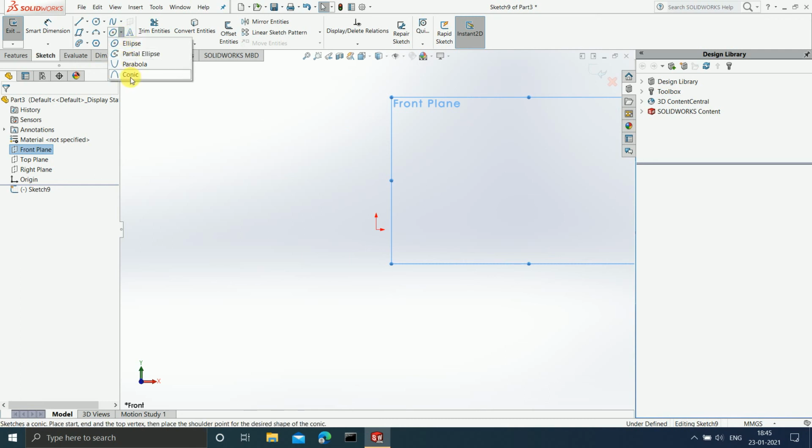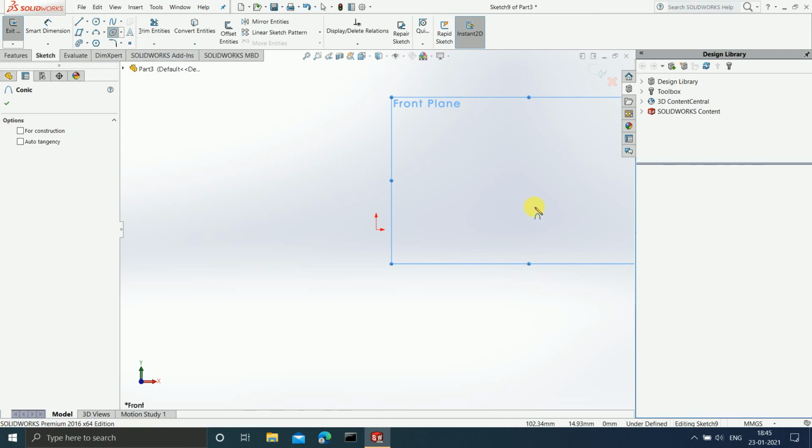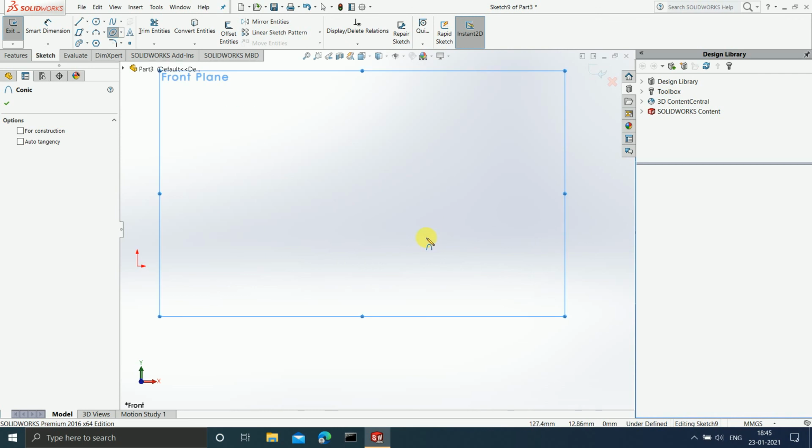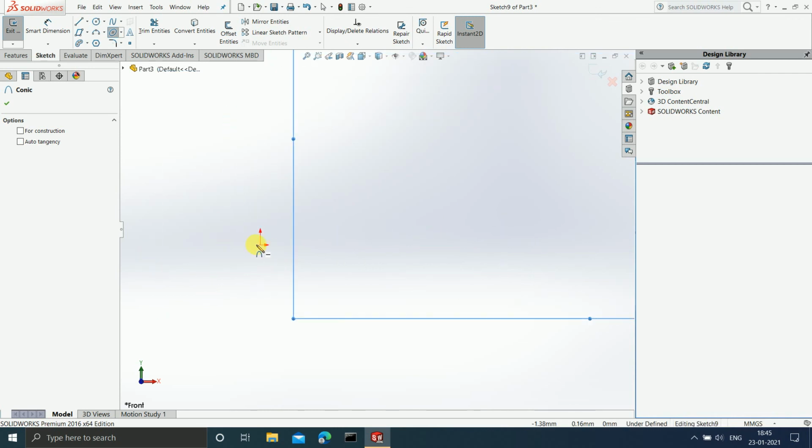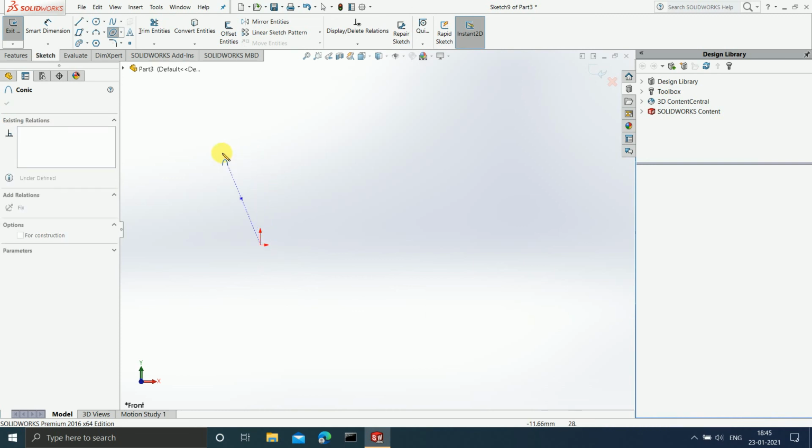That is nothing but the conic. Now when you want to draw a conic, you first choose the point. Let us choose the origin to be our point. Then you again choose a point for the direction. So now as you can see, I want my direction to be somewhat like this. I have chosen the direction point, and now,